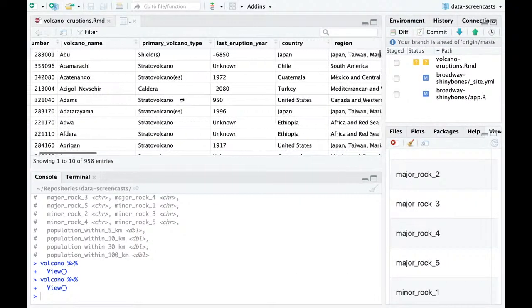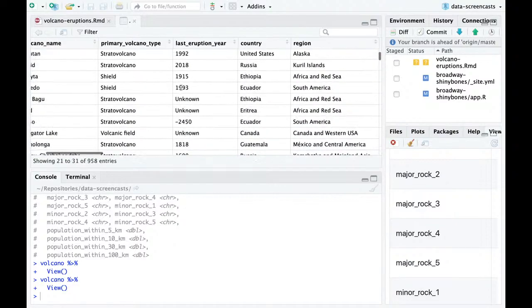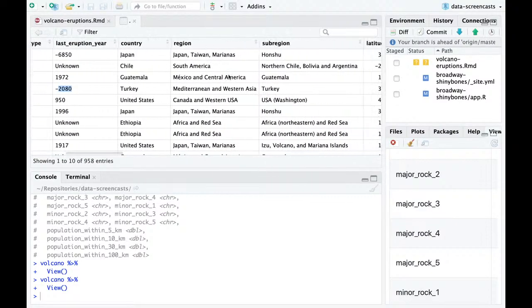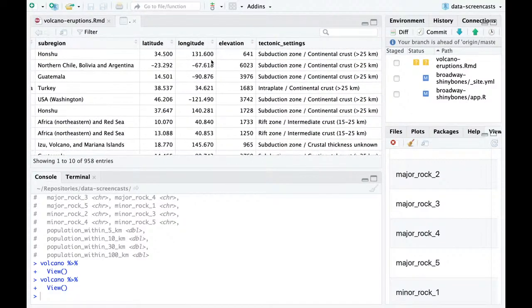958 volcanoes, several volcano types. We try and learn the last year they erupted. Some of them in the year negative 4,000 years ago, it estimates. That's something. We have country, the region of the world, the subregion. We have latitude and longitude, which is what we need